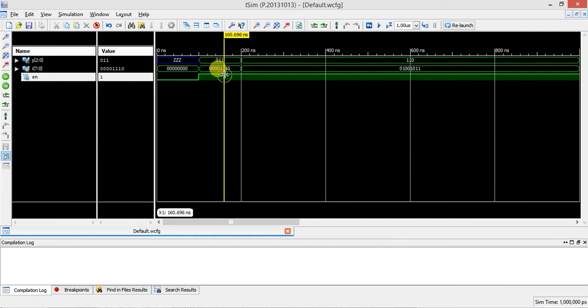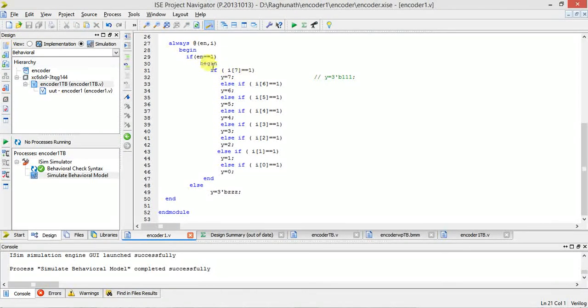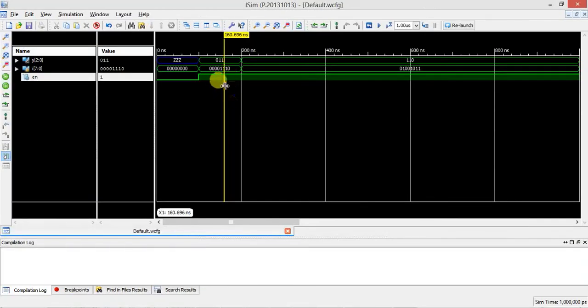Now enable is made 1. So when enable is 1, it begins. Now it will check whether I of 7 is 1. First it will check with the highest priority: the 7th bit, next the 6th bit, next 5th, next 4th, next 3rd. Immediately if that particular bit is 1, it will encode. When the 3rd bit is 1, it will not check the remaining bits.